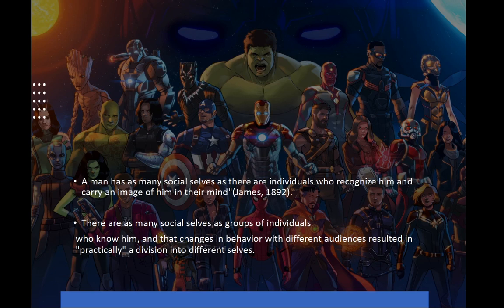To put it simply, there are as many social selves as groups of individuals who know him, and changes in behavior with different audiences result in practically a division into different selves.